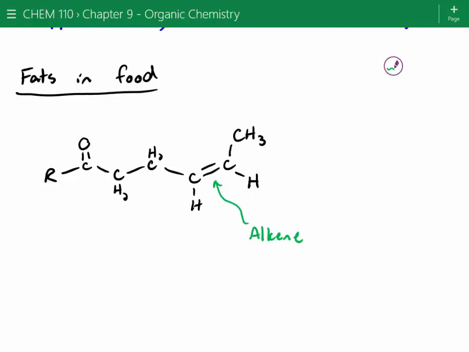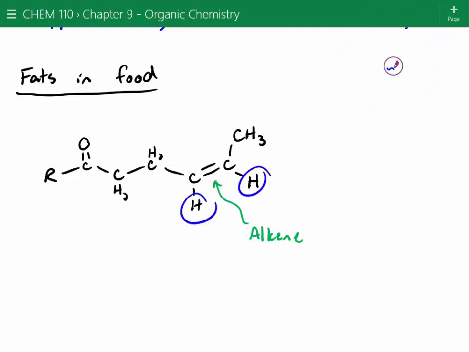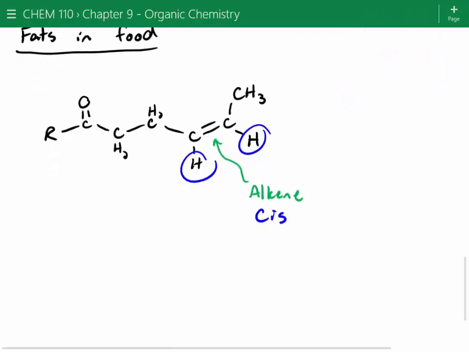Do we have the same groups on one face? Well, see the H's, they're on opposite. What are we looking for? So let's put a line on this double bond and say, are these two hydrogens the same? Yeah, and they're on the same face of that double bond, so this would count as a cis fat, right? So this would be a cis alkene because these two hydrogens are on the same face. And what happens is in some manufactured oils, let me draw this out again.